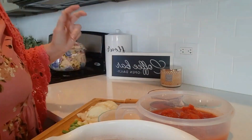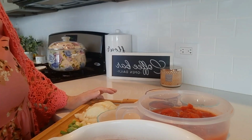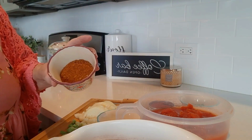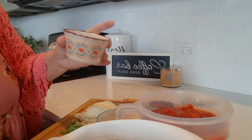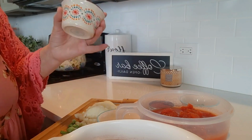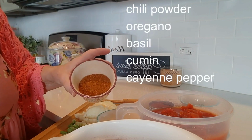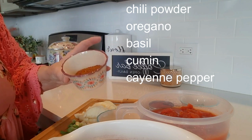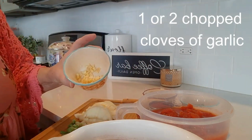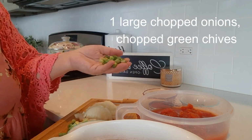This is granny style. The first thing I did is I mixed up my own chili seasoning. I put a generous portion of chili powder, oregano, basil, a big tablespoon of cumin, and a pinch of cayenne pepper. Then we have some chopped garlic, chopped onions, chopped green chives,